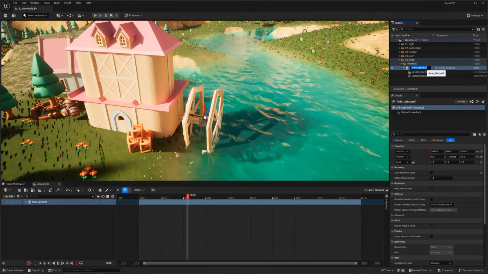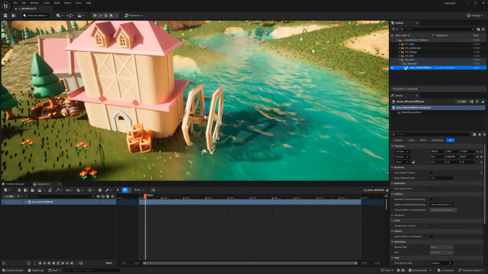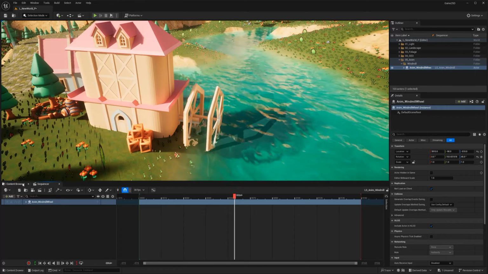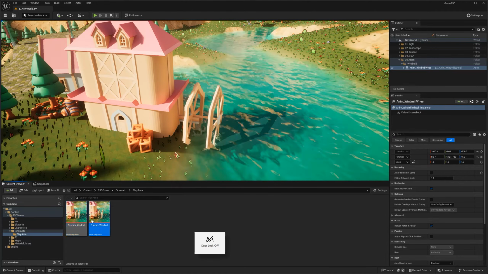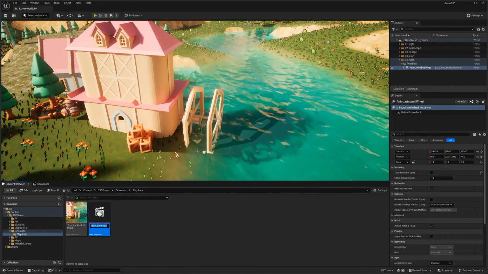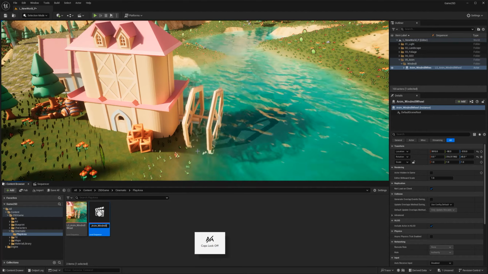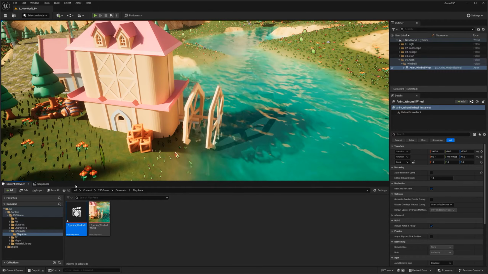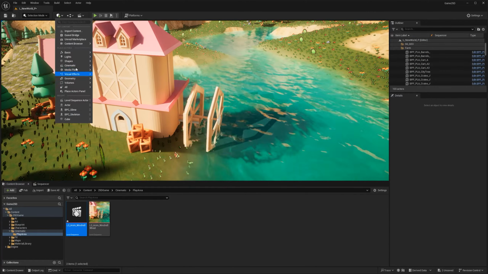I'm actually going to rename this to windmill wheel. I know that's kind of a weird naming convention. I'm going to save, and do the same thing in the sequencer too. Windmill wheel. Create another level sequence in cinematics, level sequence, LS, anim, windmill. And that will actually be for the windmill. But before doing that, I also need to create the actor again.